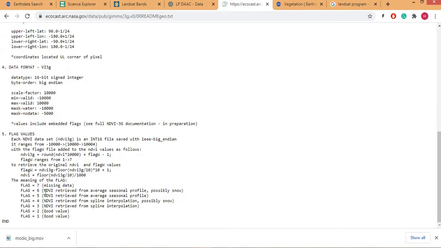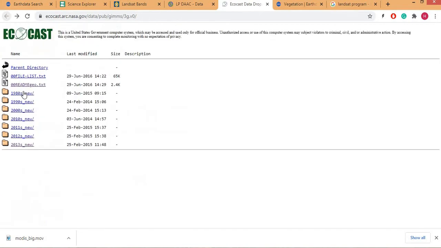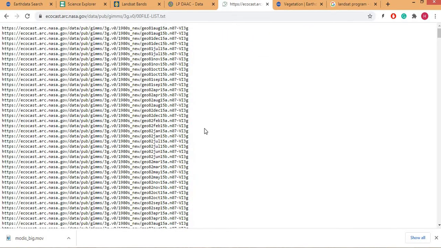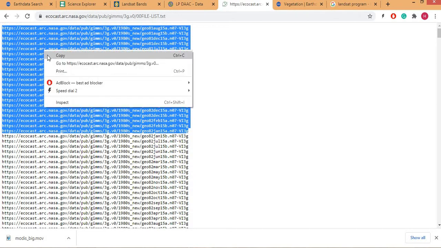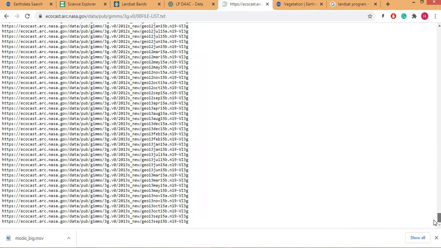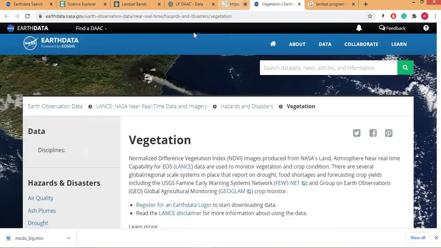And here we have NDVI data sets. So these data sets can be read using this information. Here we have the complete list. The complete list, you can select, copy this one, and paste it in your IDM, Internet Download Manager, and you have to add the batch command downloader. So all these files will be downloaded in IDM automatically whenever the laptop shuts down, whenever the laptop restarts.